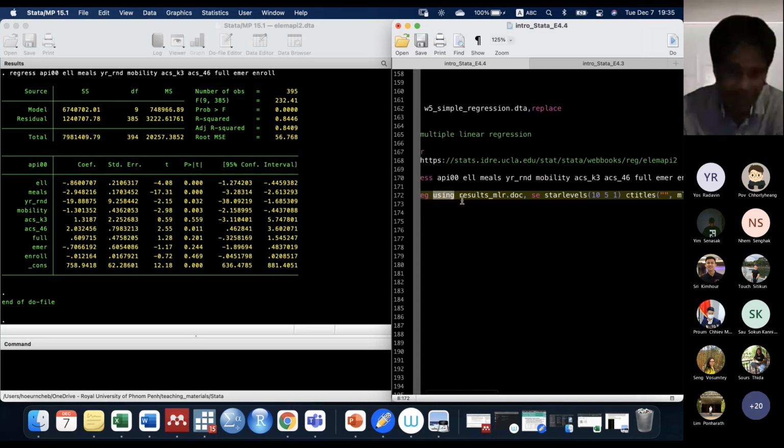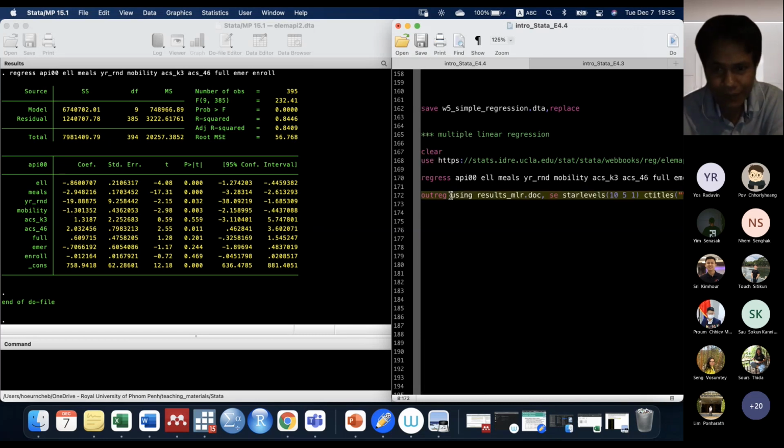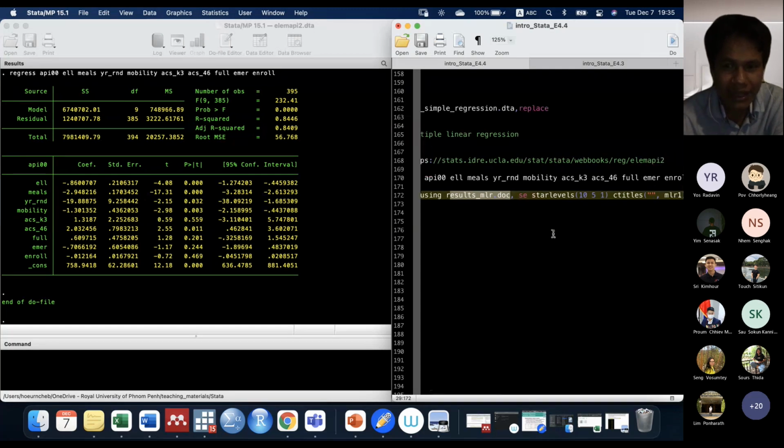Using is exactly the same. And this is your file. What is your file? I name the file result MLR, multilinear regression. This is the name you give your file. So outreg2 using your file name dot doc, meaning that I want to produce a Word file. The extension doc is the Word file, and then se, here I want to import the standard error,